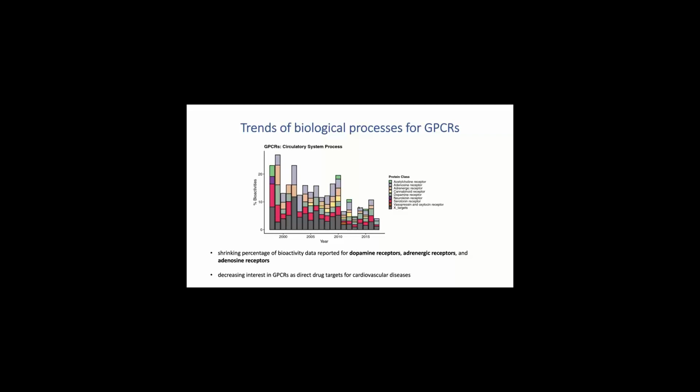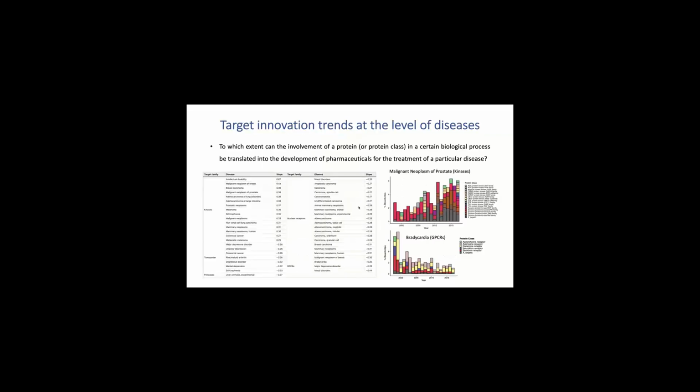Then again, I looked a bit into the literature and found out that these days GPCRs aren't so much in the focus anymore for treating cardiovascular diseases, or at least for coming up with new leads. It's more now downstream targets like beta-arrestins, for instance, where the focus of research is.